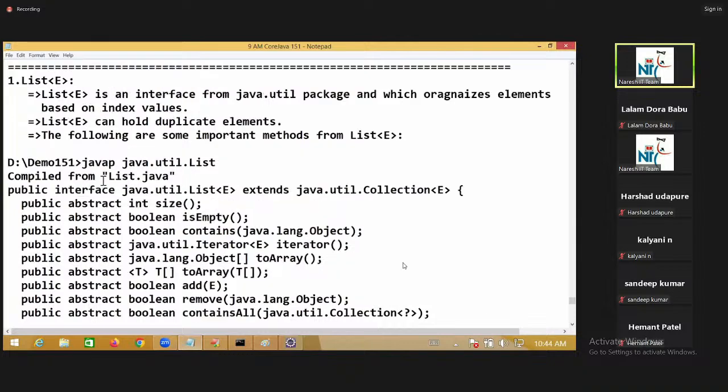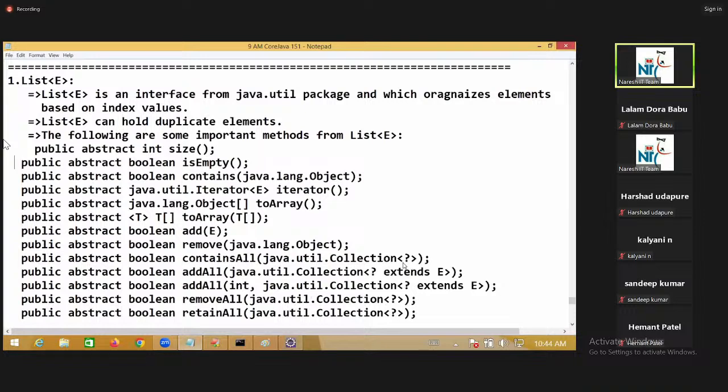You cannot write all the methods, wait. Size method will be there, isEmpty method, contains method,